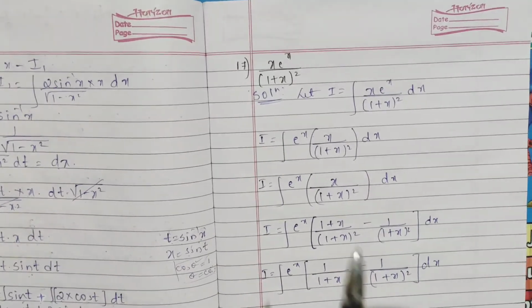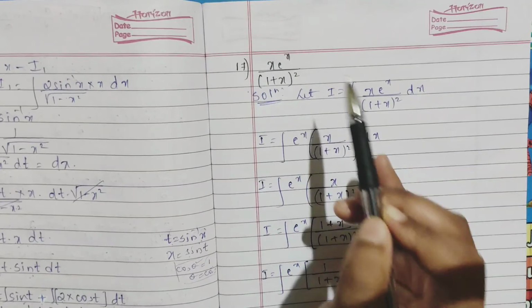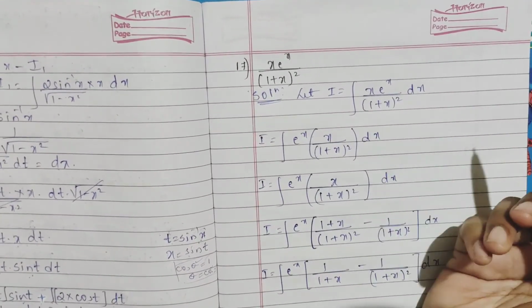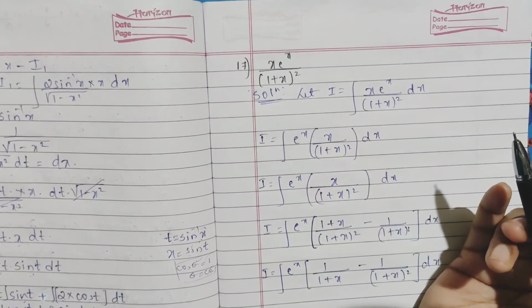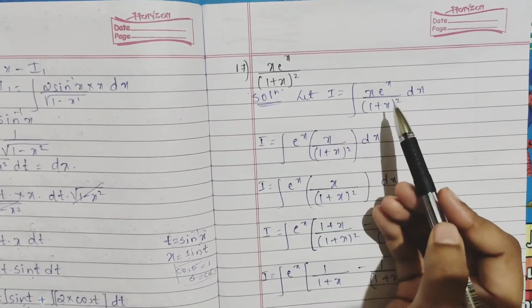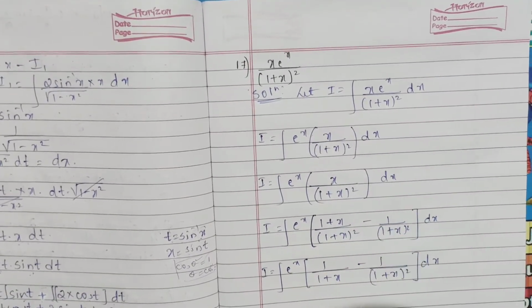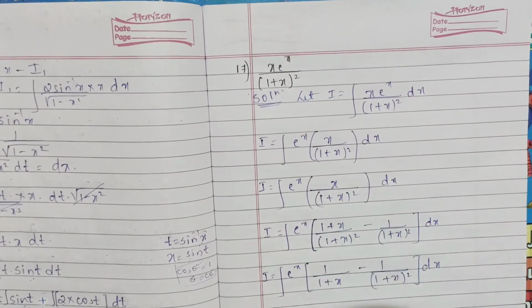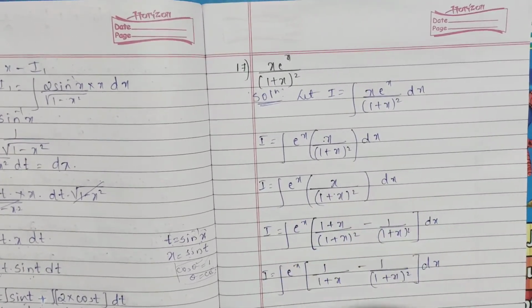Next, I have taken the 17th one, x e to the power x divided by 1 plus x the whole square. Okay. Now as you can see, let I just take it. Here directly you can't apply by parts. Why? You have 3 functions here, 1, 2, 3 you can see. And usually it is one exponential and one algebraic. This x by 1 plus x square is algebraic only, right? So e to the power x, I can write it like this, x by 1 plus x the whole square dx. Now whenever we have a single term in the denominator, we try to make the numerator similar to our denominator, so that easily we can integrate it.